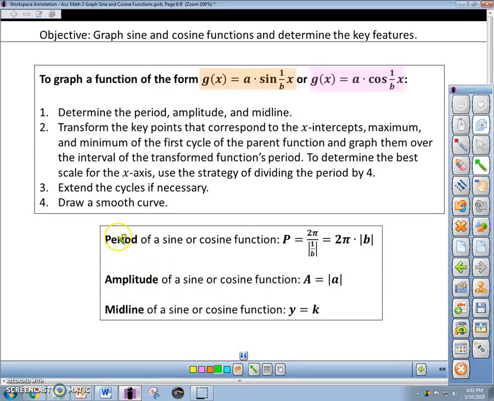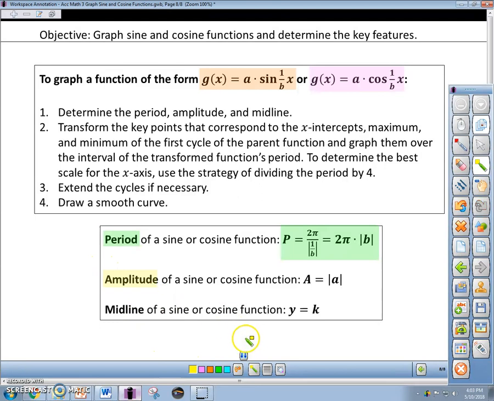So the period of a sine or cosine function, which we use a capital P to represent, is 2 pi, which is the period of the parent functions, both sine and cosine, divided by the absolute value of the 1 over B parameter. You can also look at that, since this would be times the reciprocal of this, as 2 pi times the reciprocal of whatever value you have here in the 1 over B position, times its absolute value. Both will work just fine. And which one you want to use sort of depends on whether your parameter here is a fraction or a whole number. Then you have your amplitude,